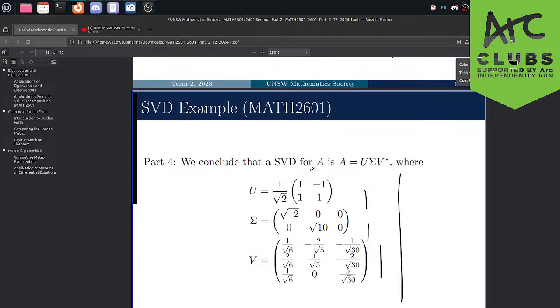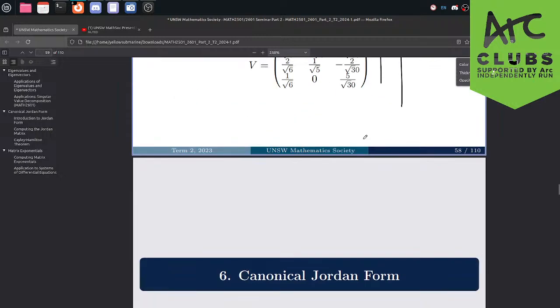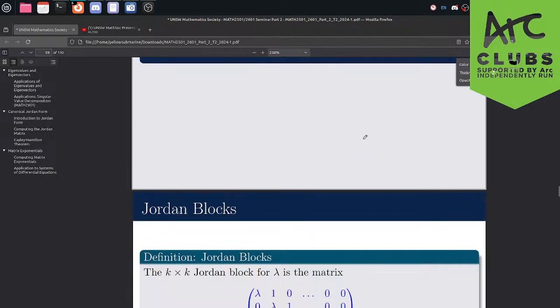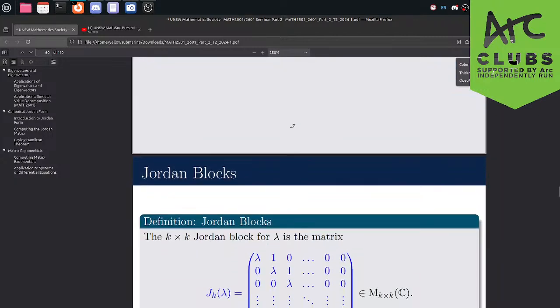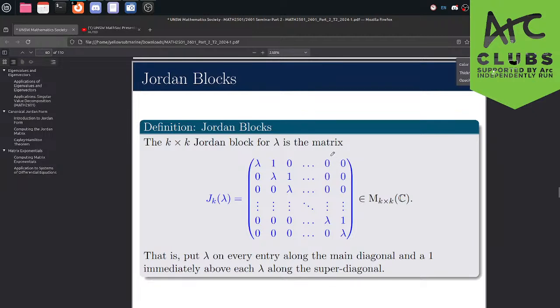Yeah, that's going to end the chapter on eigenvalues and eigenvectors. Let's move on to Jordan form. So Jordan form is going to be a way to generalize the notion of diagonalization, because we can't diagonalize any matrix, but if we have a complex square matrix, we can write it in a Jordan form, where we want to try and replicate the diagonalization process as much as possible. So this is our Jordan block.